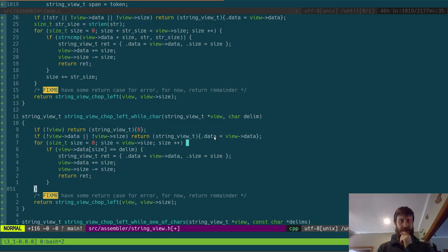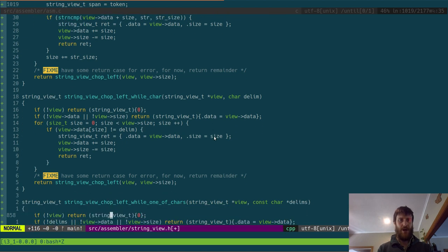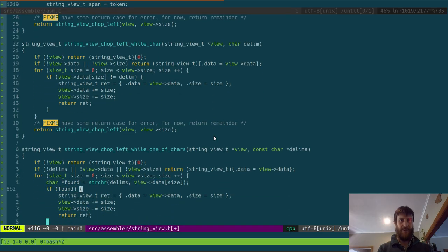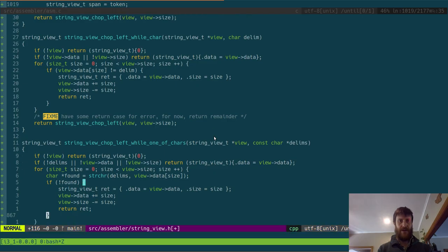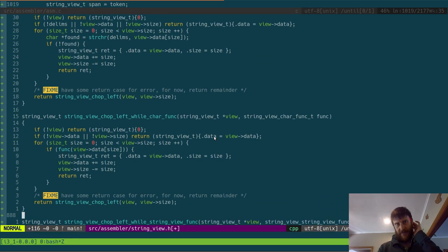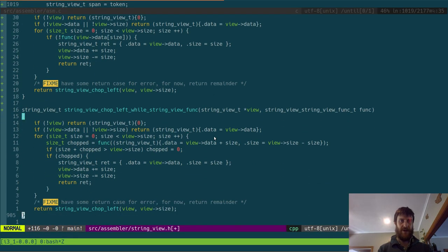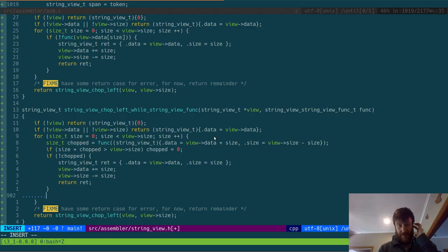And this one, so while we have the character, so I probably just want to do that, and we can just skip by one. While one of characters, we can probably just do that and one is fine. While character function, we can probably just negate that, and one increment is fine. And while string view function, what we probably want to do is